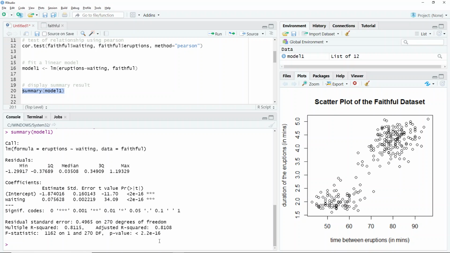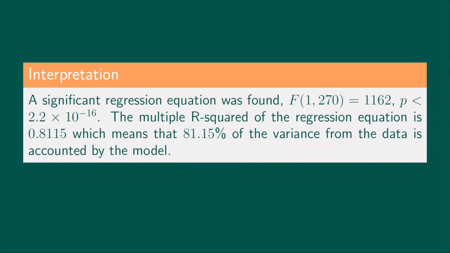In the event that the f-statistic is not significant, this means that the model does not fit well with our data. There are many reasons why this happens, but most of the time it is because the independent and dependent variables are not correlated, or the model needs to be improved. The interpretation of the results may be summarized as follows.